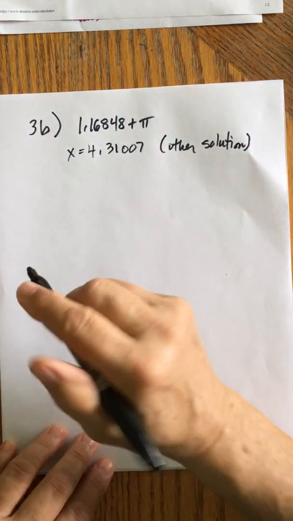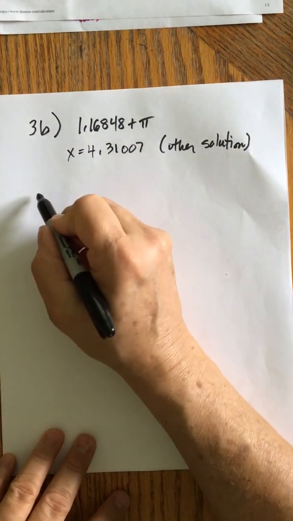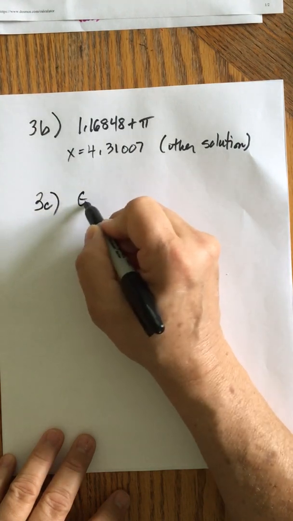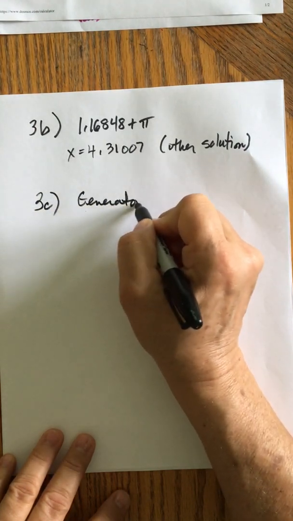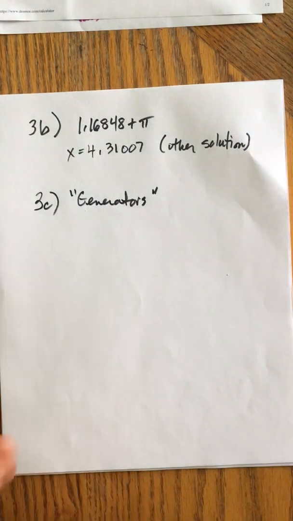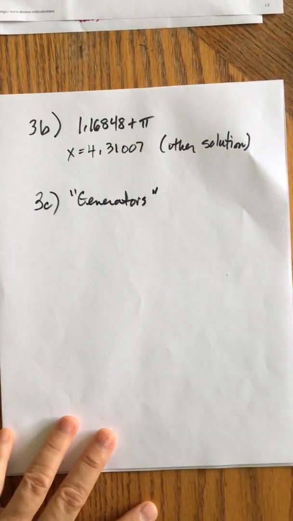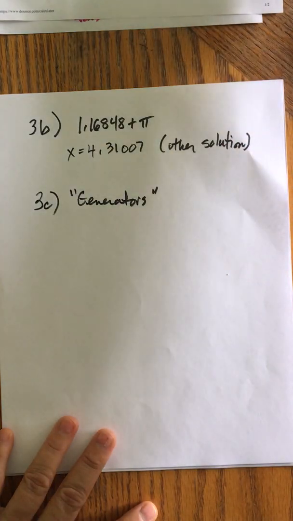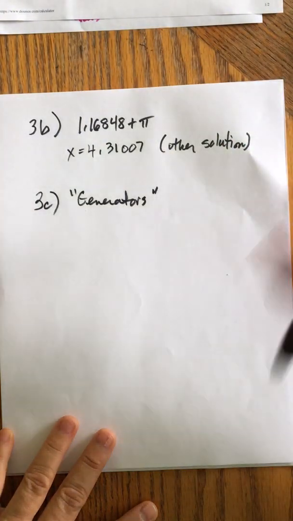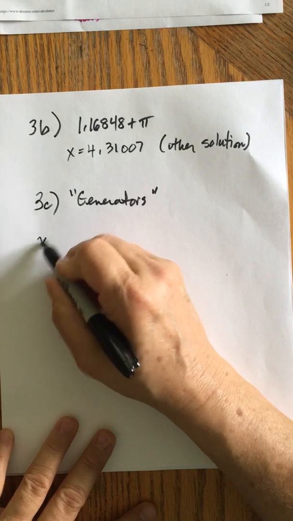Okay, so that's 3b. And then when I go to write these, 3c, when I go to write the generators, and again, this is all my terminology, the other solution and generators, but it's just for you to follow along with what I'm finding. So you've got your first solution. Either x is